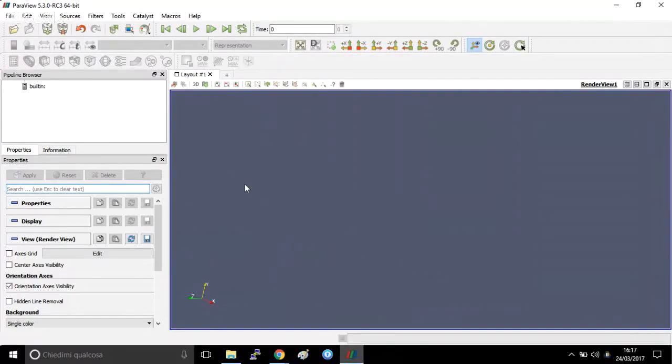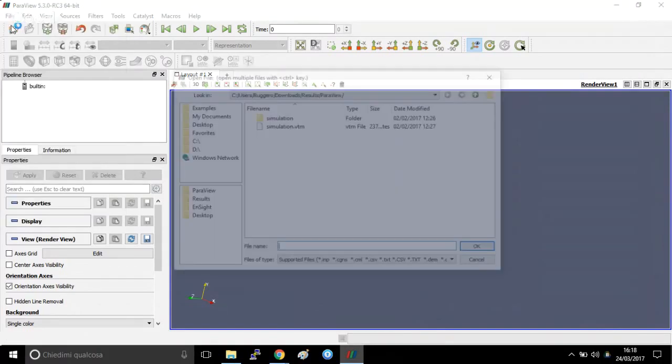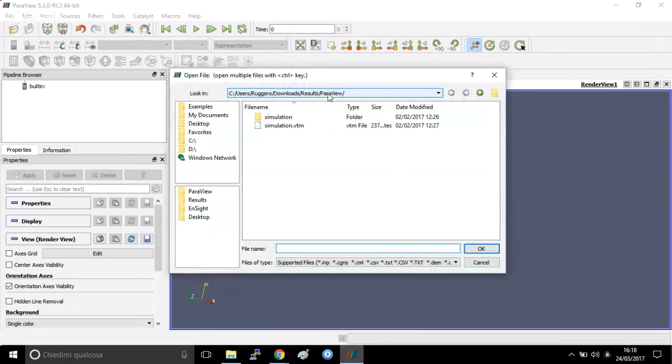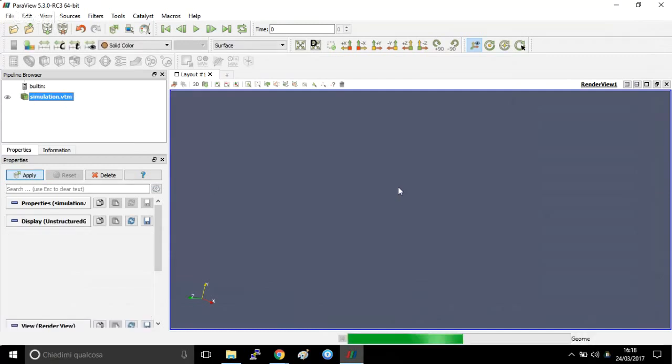In order to analyze the results obtained after a FEM simulation with CONSELF, we can use PARAVIEW. Once we have downloaded the results, we open them, go to the PARAVIEW directory, and open the simulation.vtm. It's a VTK file directly usable on PARAVIEW. So we open it, we click apply as usual on PARAVIEW, and in this case I have a small bicycle